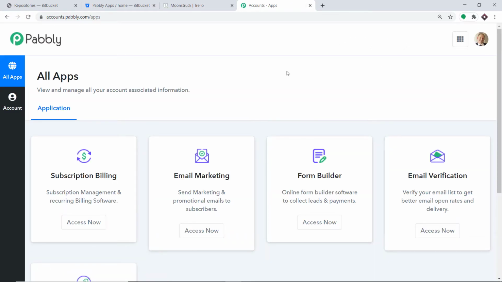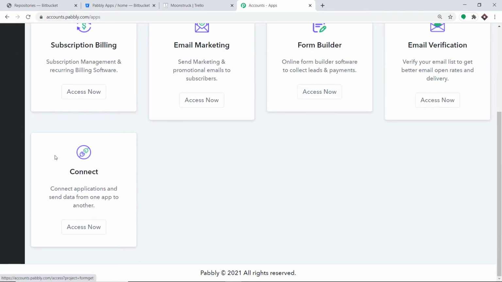Okay, so this is the dashboard of Pabbly Connect. As you can see, I already have made an account in Pabbly Connect. You can also create your own free account in just 2 minutes. Here, I would like to mention one more thing that Pabbly Connect offers a plan where this integration can be tried out absolutely free. So you just have to clone the template of its workflow, which is available in the description box. Once you clone the template, you will get immediate access to this amazing workflow in your account. Okay, so scroll down and at the bottom you will find Connect. Just click on access now.